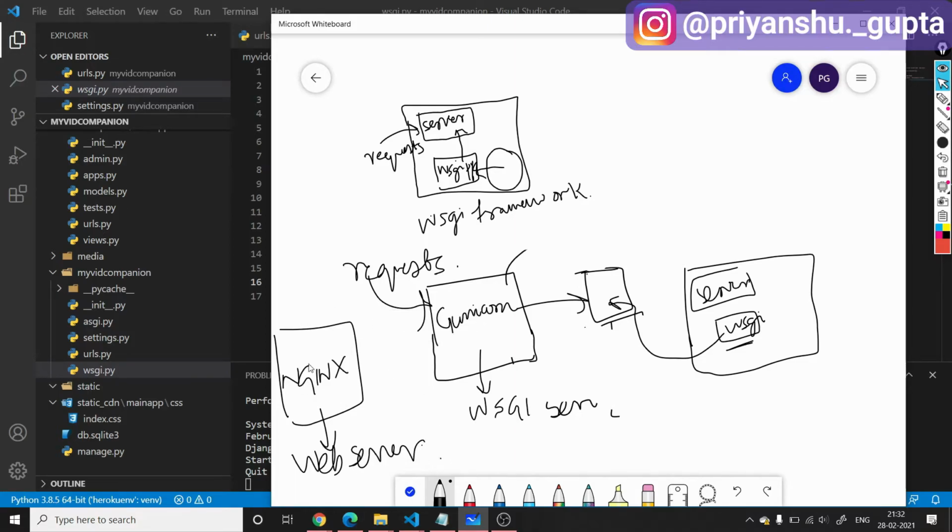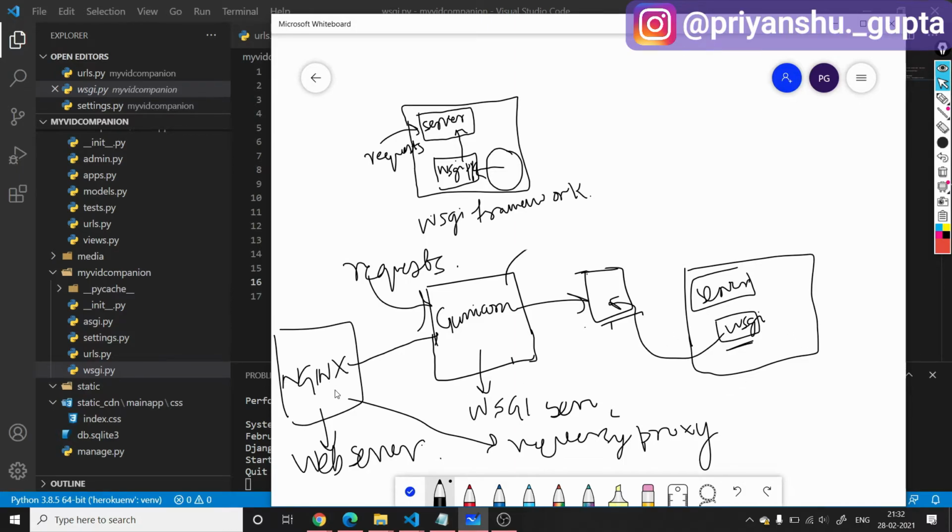And now this Nginx will call gunicorn, and then gunicorn will handle our code. But Heroku by default does not use this Nginx. It only uses gunicorn to directly serve your clients. So if you are using Nginx, what are the advantages here? It acts as a reverse proxy. If you are making a certain request to a server, then it will contact gunicorn and then it will serve the files of Django.